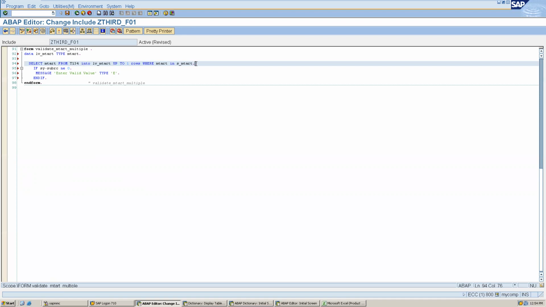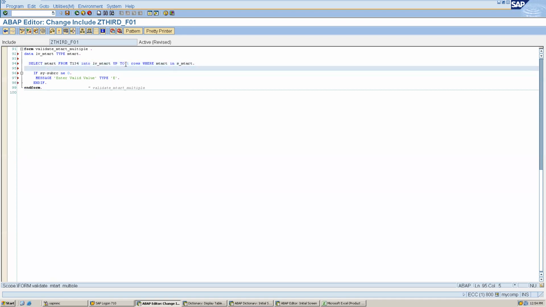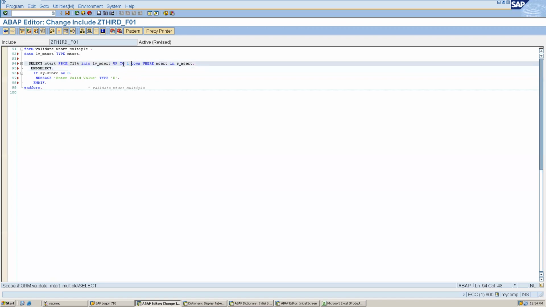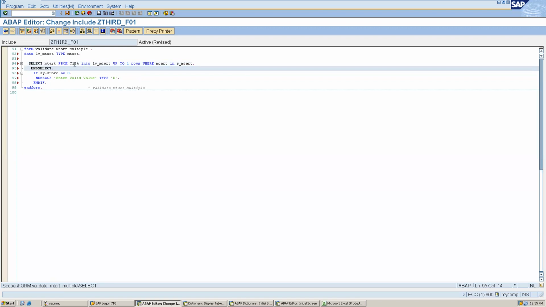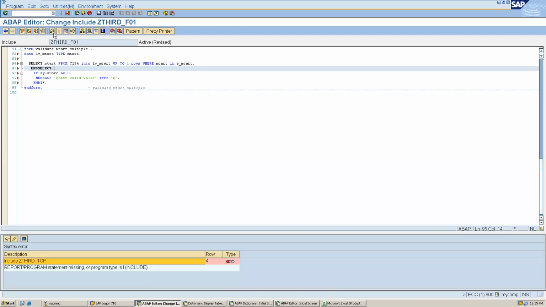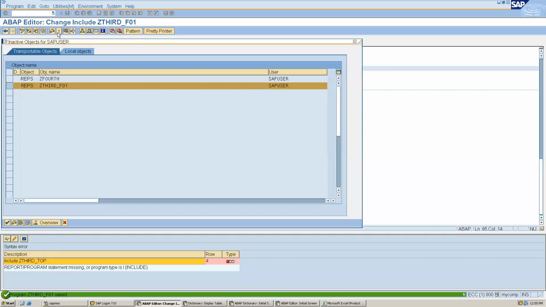Okay. And then अगर मैं up to one rows कर रहा हूं, so I have to write endselect. And endselect क्यों लिखना पड़ेगा? क्योंकि up to one row, two rows, 10 rows हम कुछ भी लिख सकते हैं. And what it will do, it will loop this program. It will loop this program, अगर 1 है तो एक बार, अगर 10 है तो 10 बार, and then only it will select. तो up to 1 row जैसे ही काम करता है. So we have to write this and endselect, and let's see what error we got.